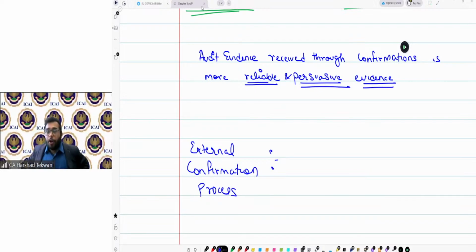Come on, guys. What procedure will you follow if you need to perform the external confirmation process? What will you do, how will you do it, with respect to account receivables?